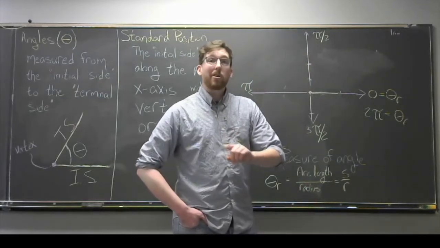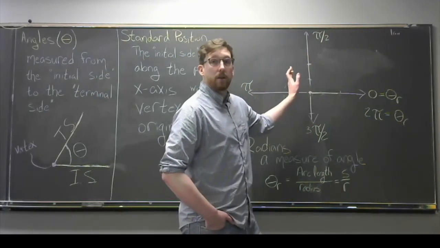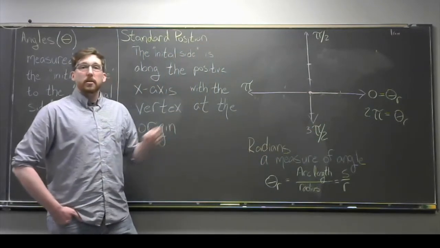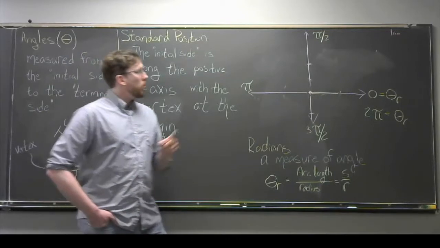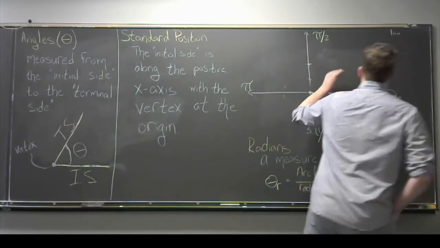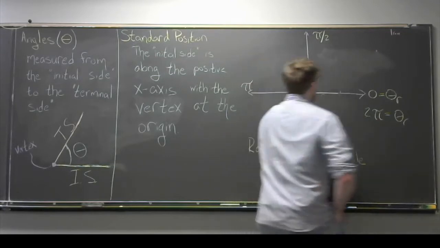Based on where its terminal side ends, we should be able to guess at what range the radians might fall in. What I'm saying is, if the terminal side ends in our first quadrant,